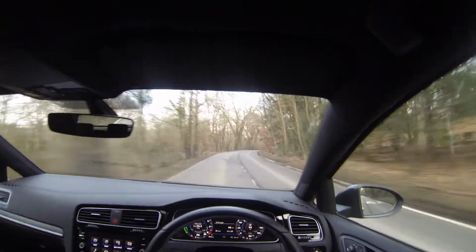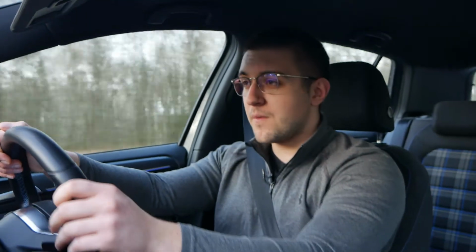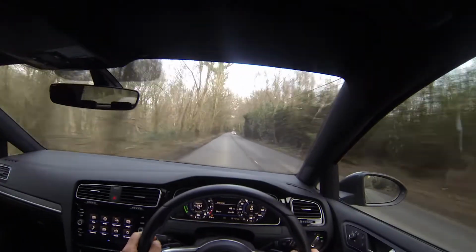As you would expect in a brand new car, of course, but particularly in a performance model, the steering is well weighted, it's sharp, it's responsive, the car feels fairly well planted. Putting the car in GTE mode, I should add, does not change anything to do with the suspension of this car. It's purely the combination of the electric and the petrol motor, and when they combine, they really do complement